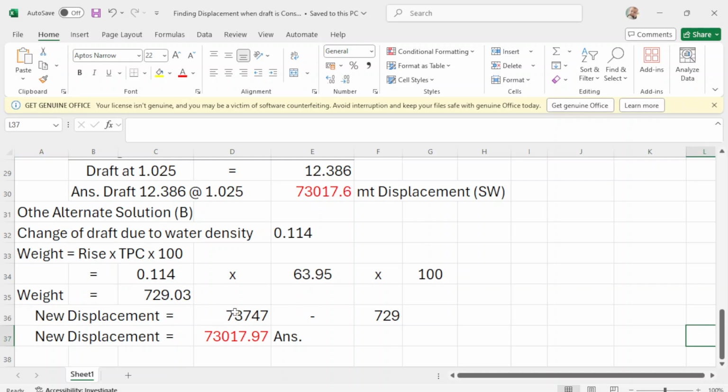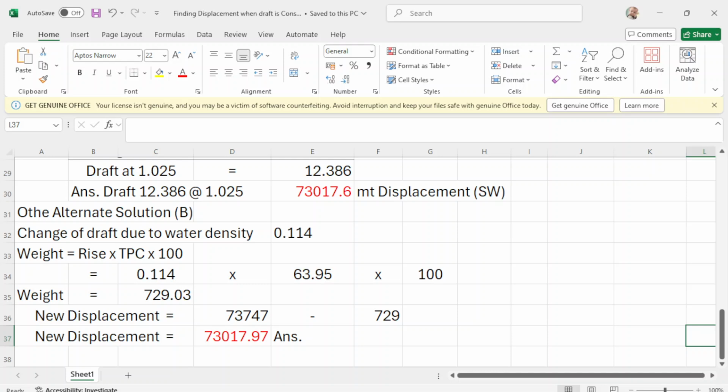Okay, from your draft of 12.5, the displacement minus your weight, which is this one, new displacement is 73017.97. So the same. Okay, I will prove to you how to get this 1.014.